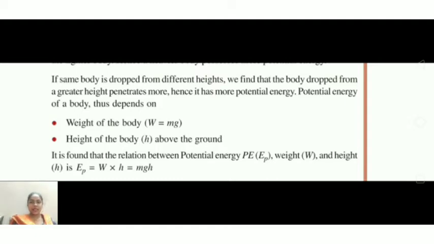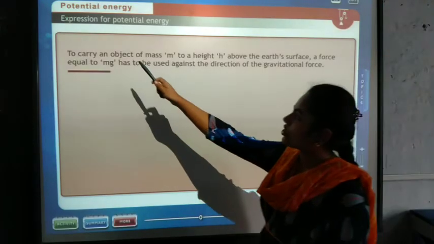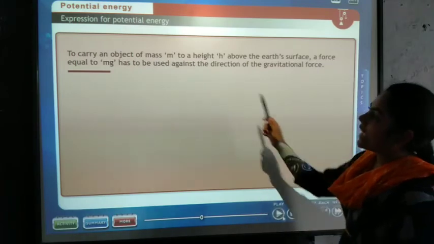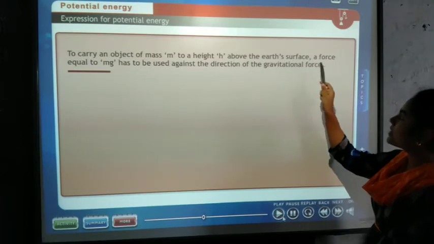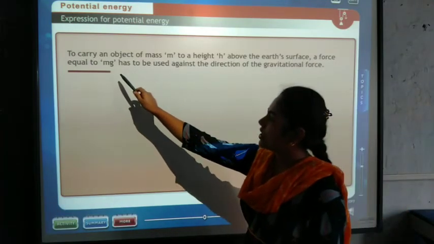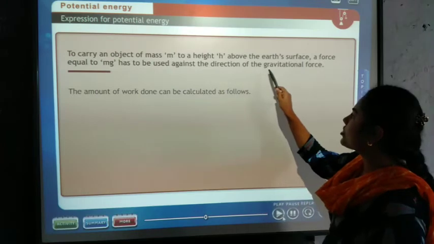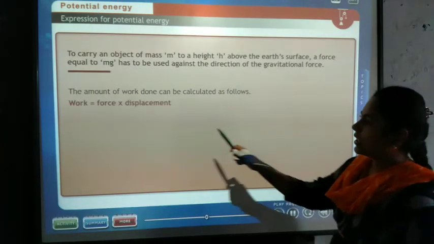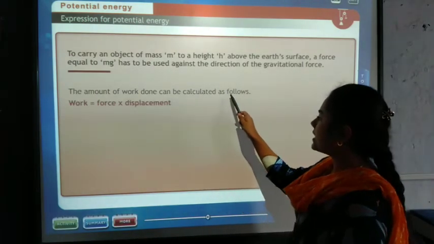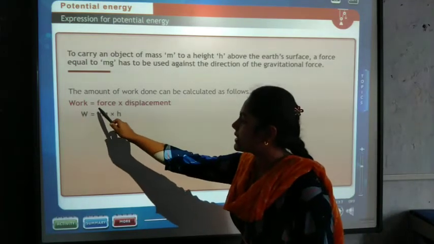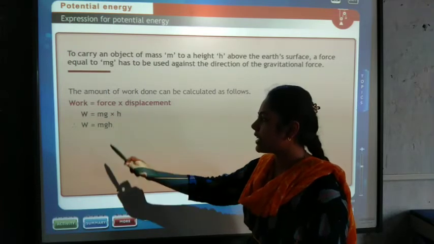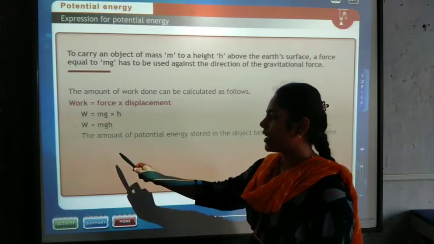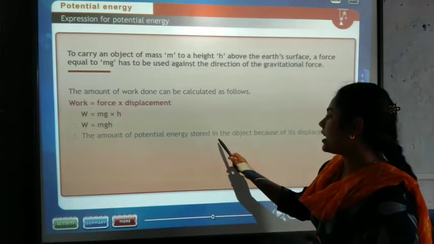Now let's see the expression for potential energy. To carry an object of mass m to a height h above the earth's surface, a force equal to mg has to be used against the direction of the gravitational force. The amount of work done can be calculated as follows. You know the formula, work is equal to force into displacement. Here force is mg, displacement is h. W is equal to mgh. Therefore the amount of potential energy stored